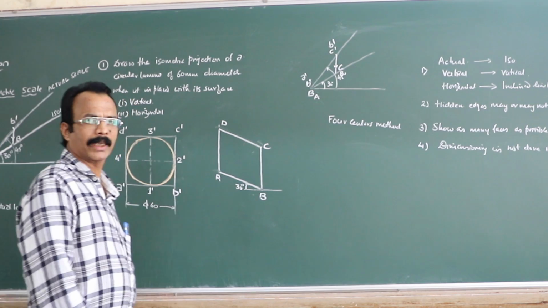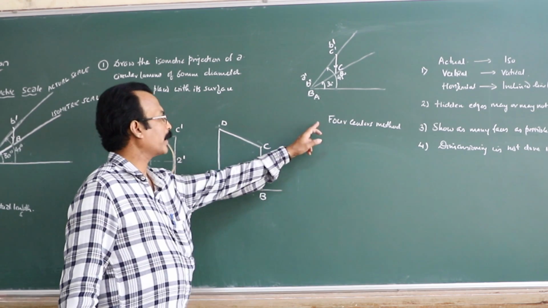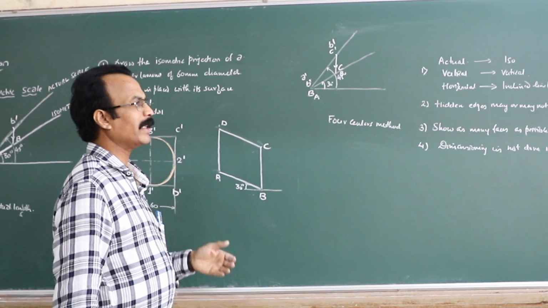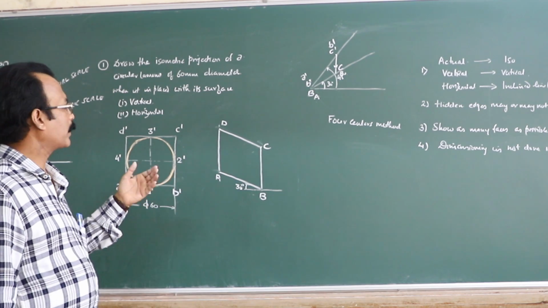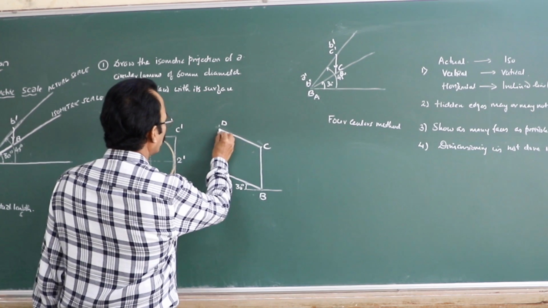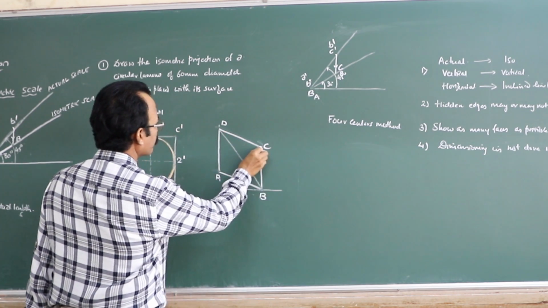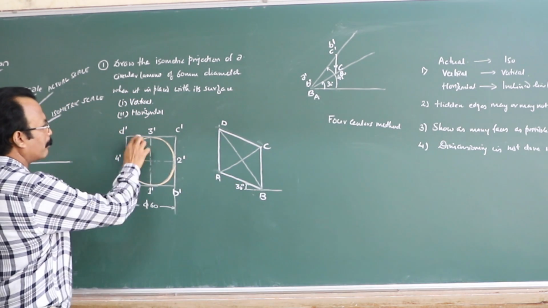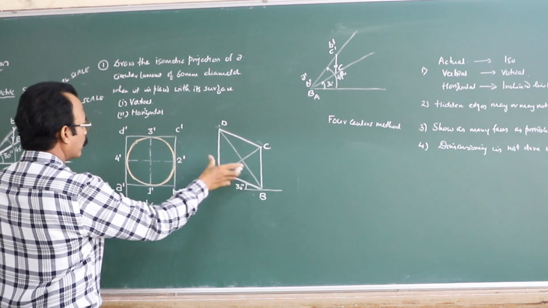Another method is method of points, right? So there are two methods. So we will be following this first method, that is 4 centers method, right? Even though it is not so accurate, but it is faster and you can easily do it here. So what you do now is you draw the diagonals of this square lamina here. Then you mark these midpoints on that particular or respective lines here.